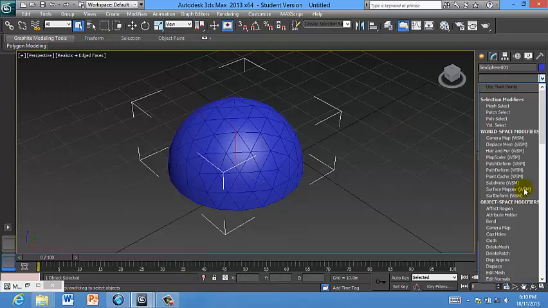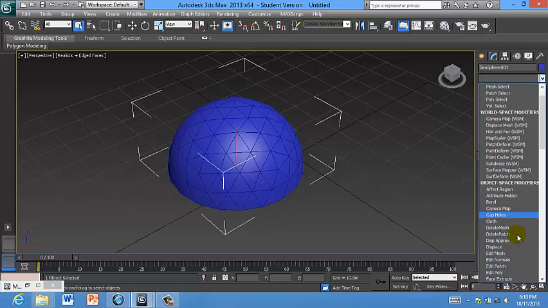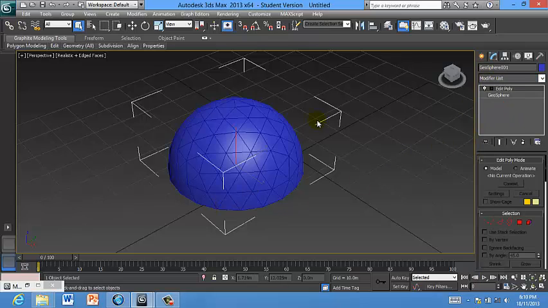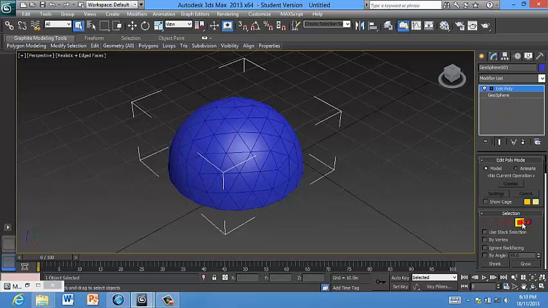and we are applying an Edit Poly modifier. So Edit Poly. With Edit Poly we are able to select different parts of our shape to modify. So in this case I will choose polygons, and we are going to delete some of these polygons in order to create, for instance, a door or a window and maybe another window here,